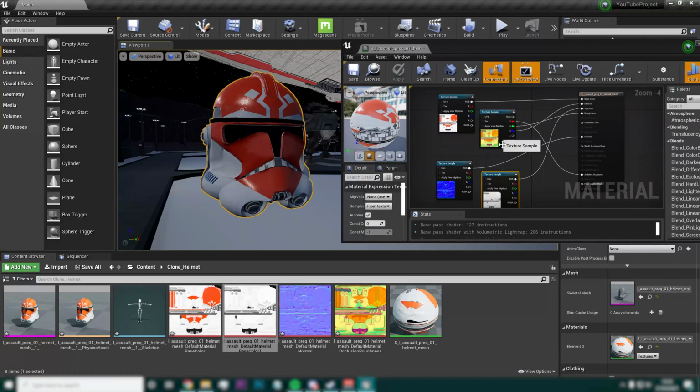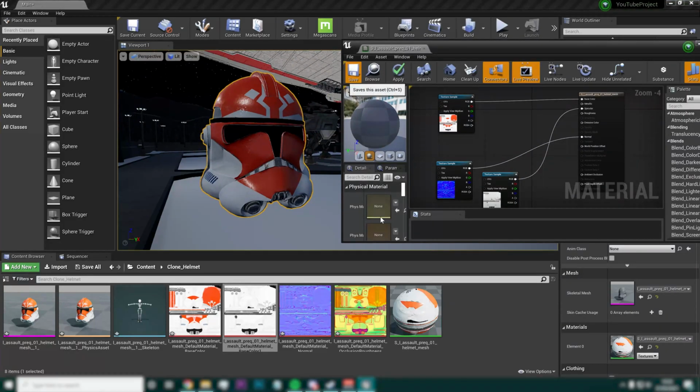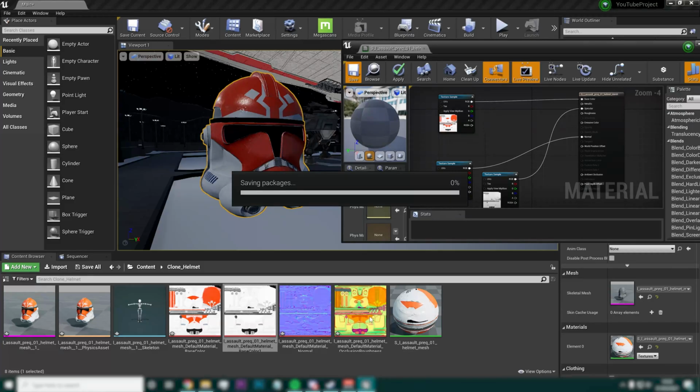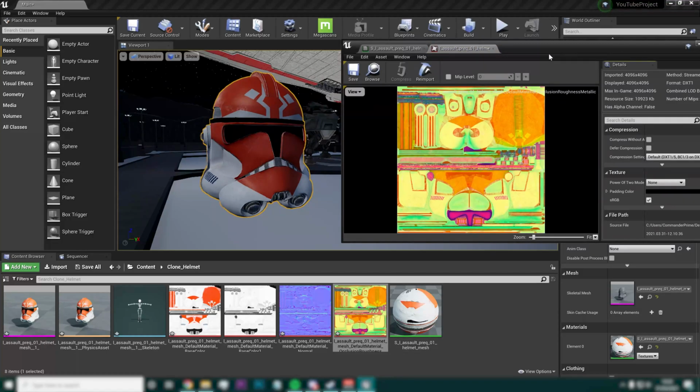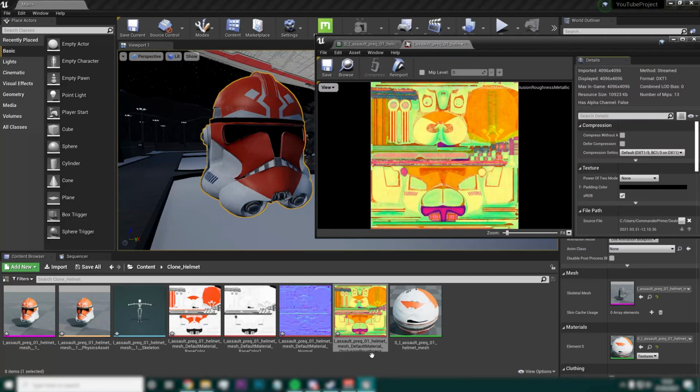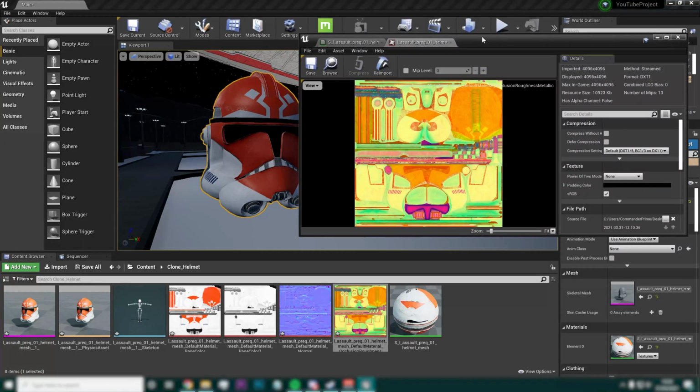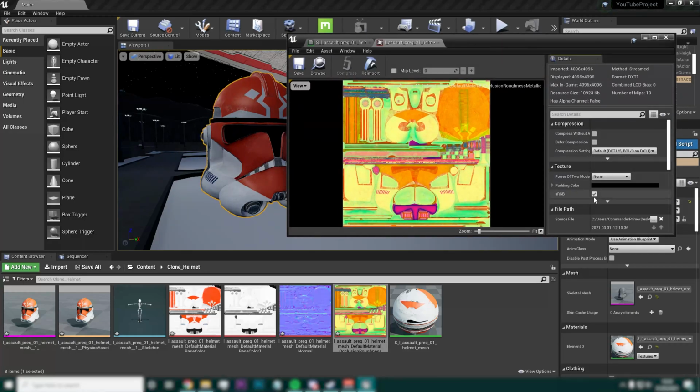And the reason for that is, if we just get rid of this, and save that again, for some reason, I don't know why, this occlusion, roughness, and metallic map doesn't actually export or import properly. I don't know why, but it always imports with sRGB, right? Now what you want to do is uncheck this, and the reason why is that